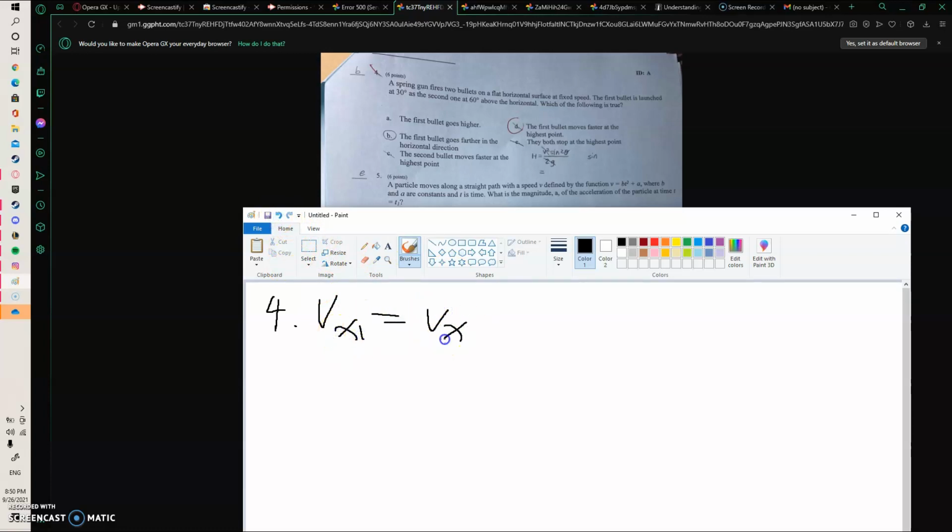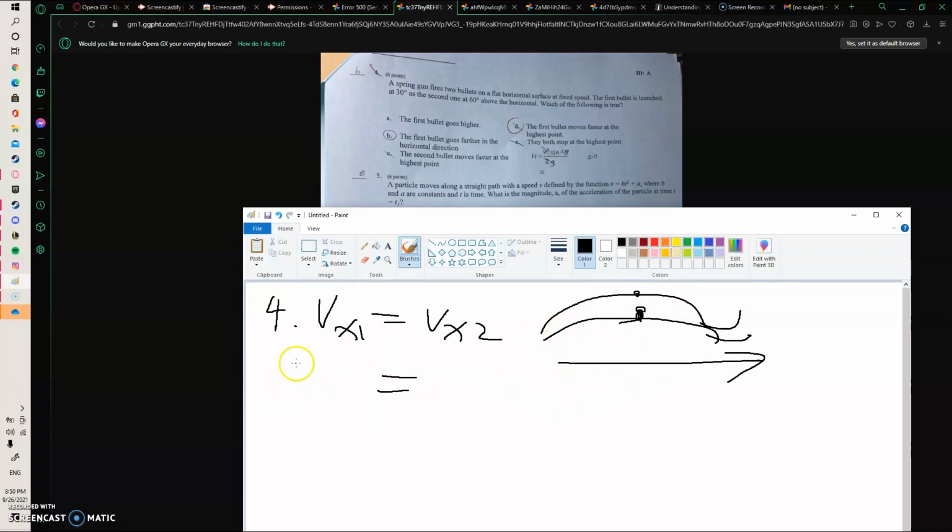But at the peak point, the vertical velocity is equal to 0, and then what you find is that at the smaller angle, which is 30 degrees, the Vy